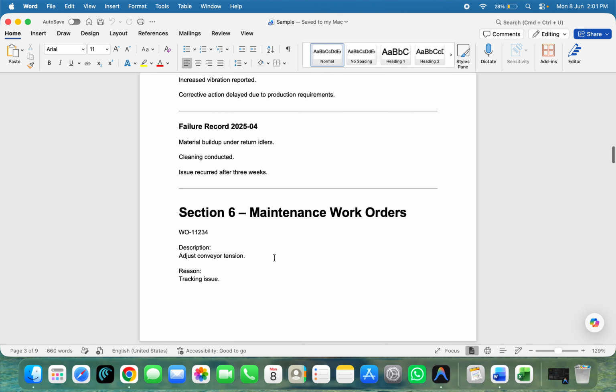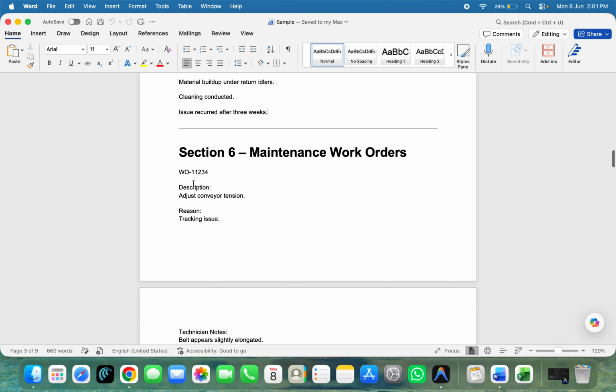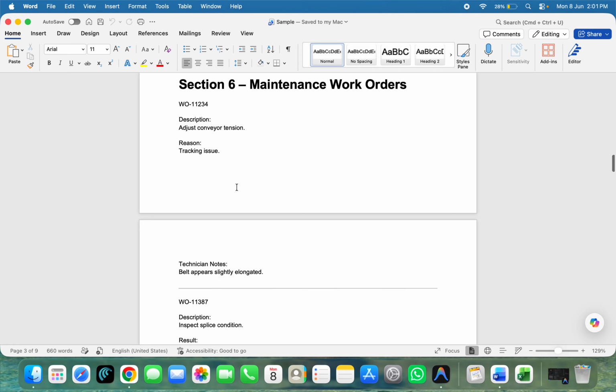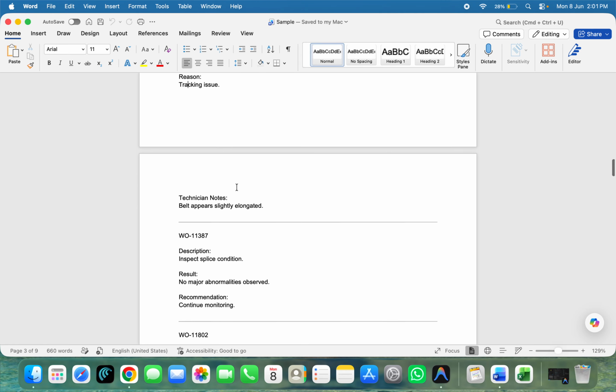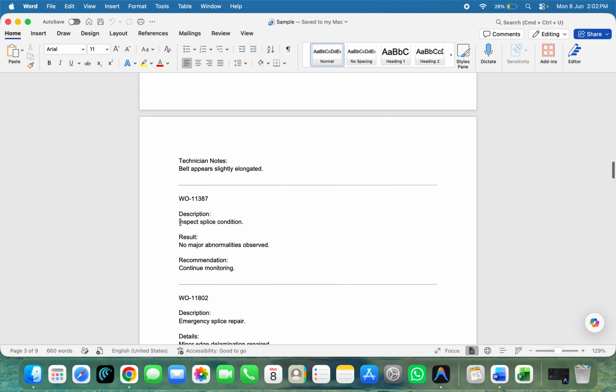Then comes section 6. This is the main section where you allocate against each failure, where you can mention the failure reason, and for each existing failure, along with it, the maintenance work order you had already carried out. This helps to align the maintenance activities you have done so far and the major observations. In this work order record, you need to maintain three major